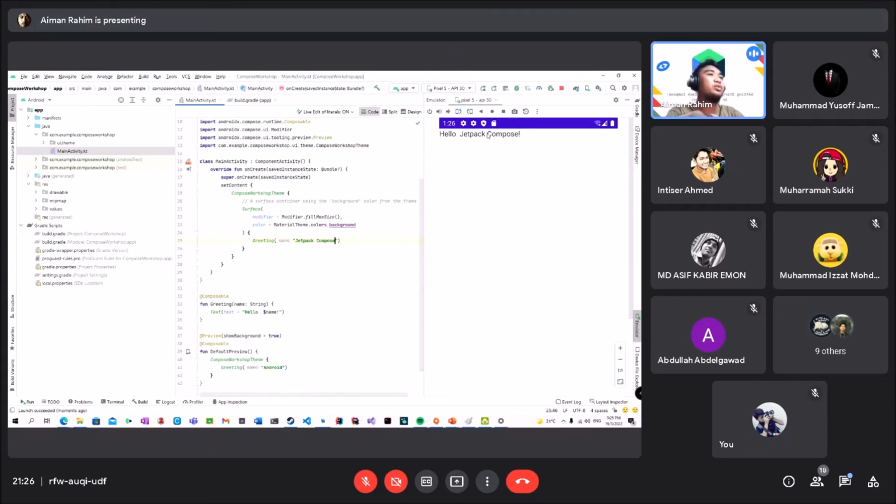Sometimes when you change the parameters, it will update itself. But at other times, you have to rebuild your app, restart and reinstall again into the emulator. So yeah,